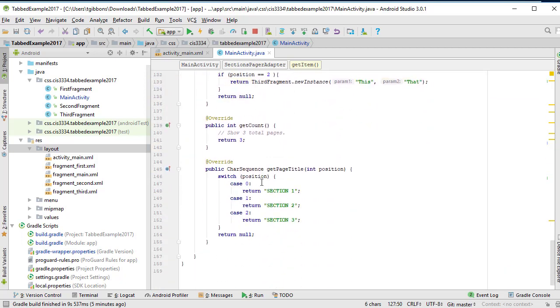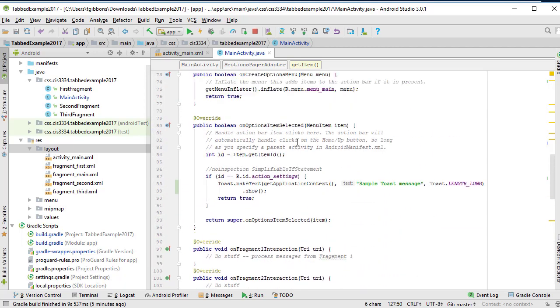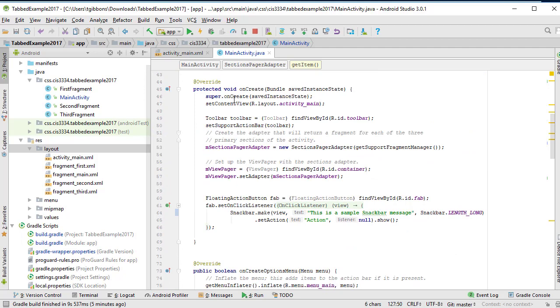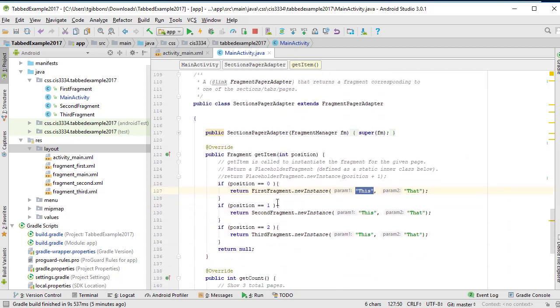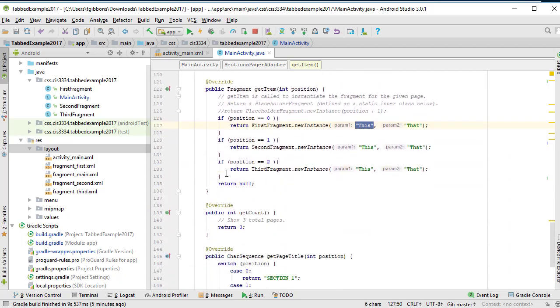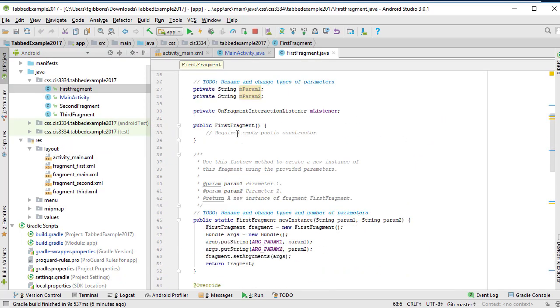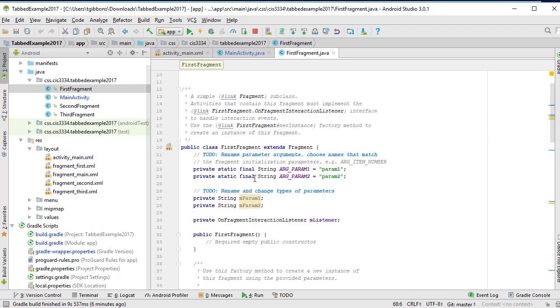We also have this, which sets up the menu to move from one fragment to the other and changes what title is displayed at the top when we move from one to the other. And again, most of this code is set up for us when we set up the template. It has just one fragment, so you have to change the code so you can have multiple fragments. Each fragment has its own layout, like we said, and each fragment has its own class here. So it extends fragments,